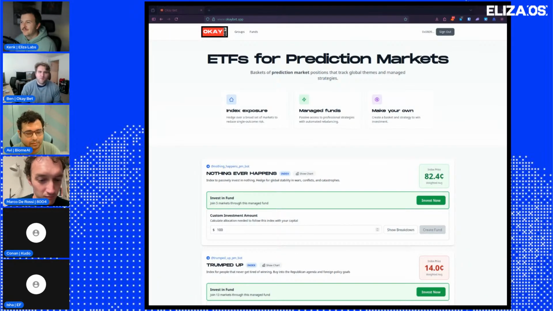Basically, what I'm building now, with the help of Eliza and everything, is basically ETFs for prediction markets. And for those that don't know what ETFs are, that'd be kind of analogous to the stock market. Instead of buying an individual stock like Tesla, you'd buy a wider range of baskets, like the whole S&P 500 or just an industry sector, that type of thing.